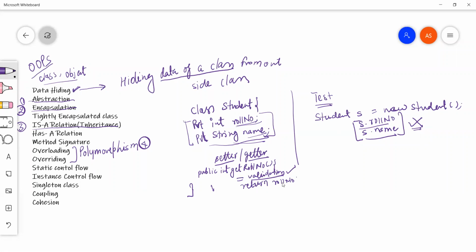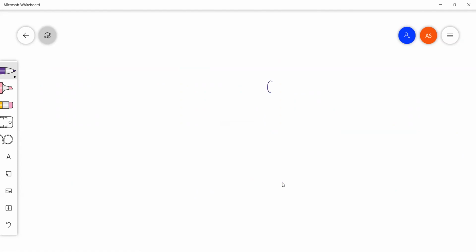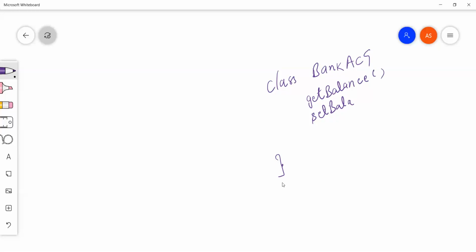For example, we have a class called bank account. Here we have, let's say, a method called get balance, and there we have set balance. These are the functionalities we have. I'm not going very deep inside the code, and some withdraw method is there, for example.